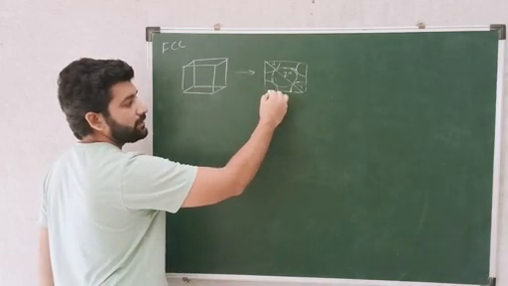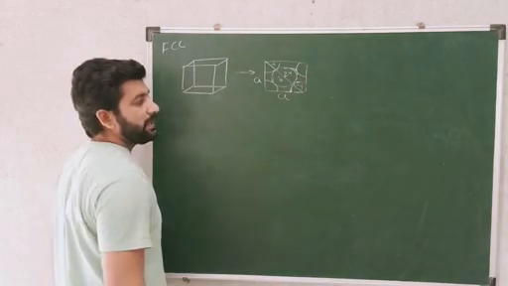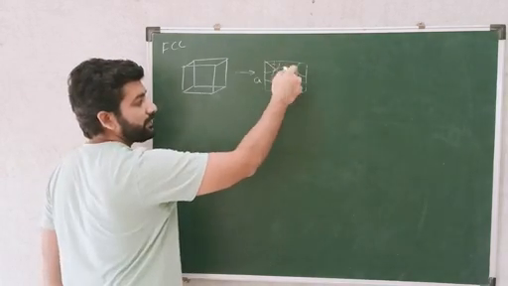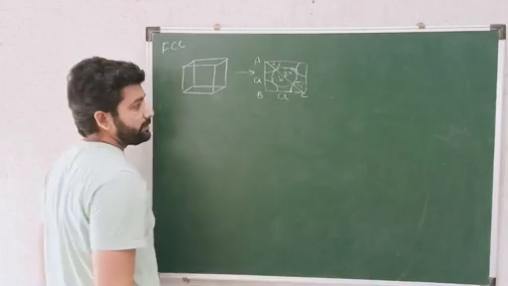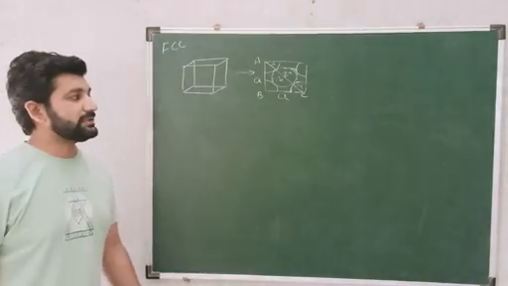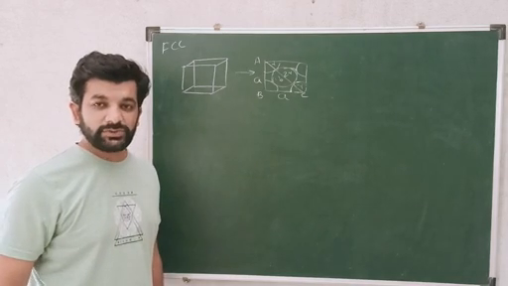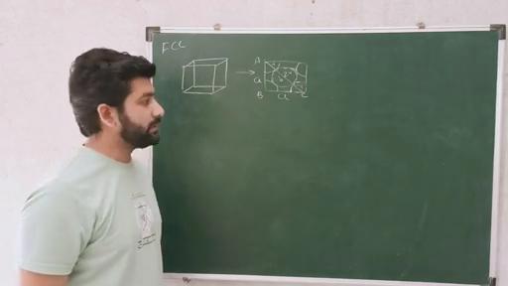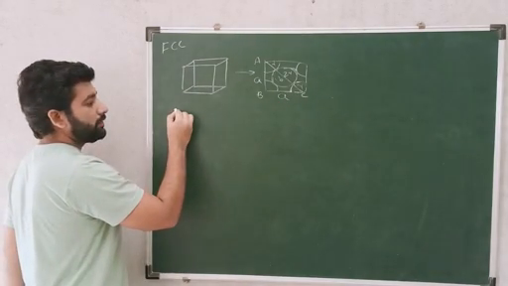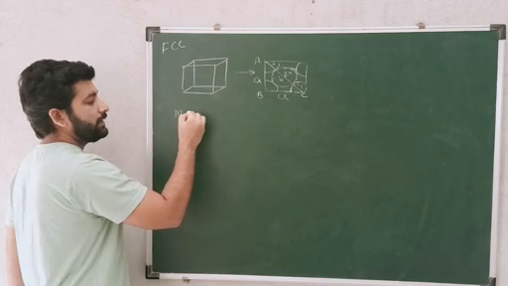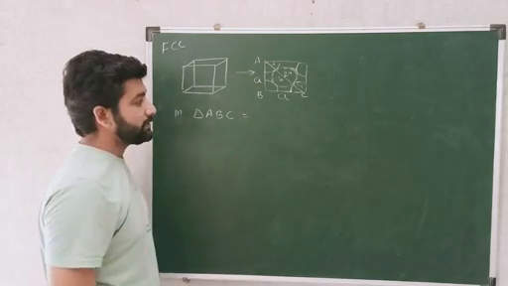If we write the edge length, this will be a, and this we name b, because we have constructed that, and we will name this triangle ABC. Now the task for us is to find the edge length. That edge length will help us derive the percentage packing efficiency. So to find the value of a, first we will consider triangle ABC and use the Pythagoras theorem.